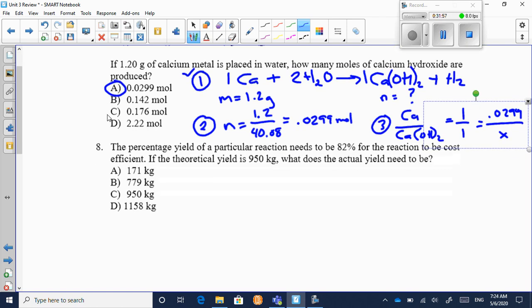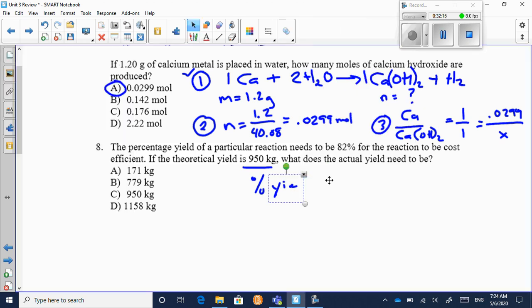Okay, the last one is a percentage yield. It says the percentage yield is 82%. If the theoretical yield is 950 kilograms, what does the actual yield need to be? Well, let's work with our formula. So percentage yield,